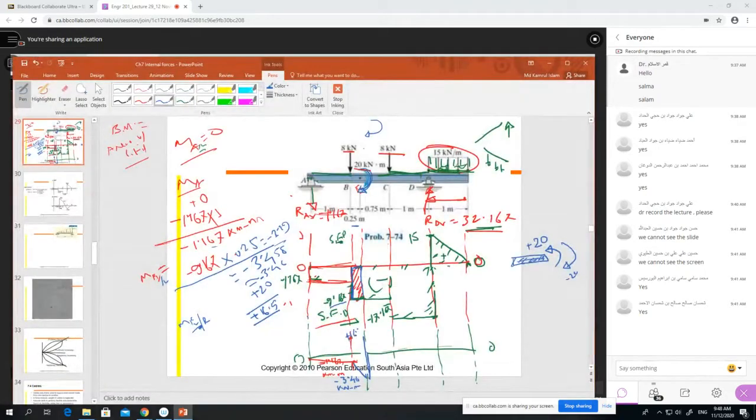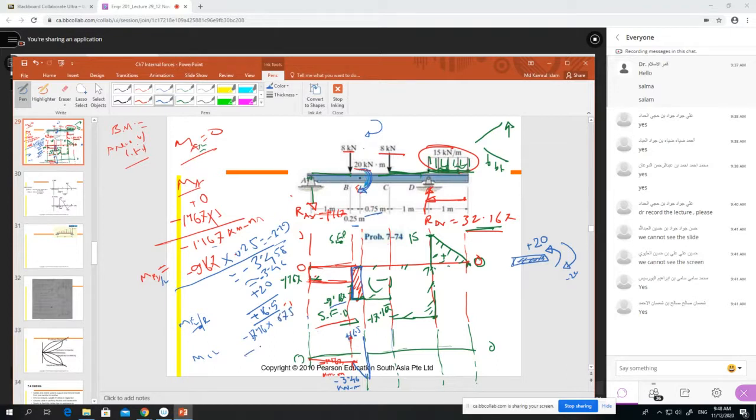Plus 16.5 kilonewton meter, right? At the point. Now we finish here. Now we will go to the point C. What is the point C? At point C, moment at C, again negative. Negative how much? Minus 17.16 into